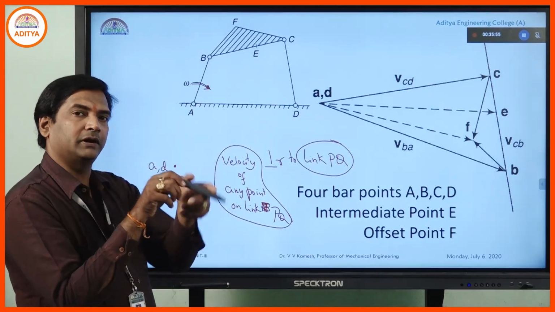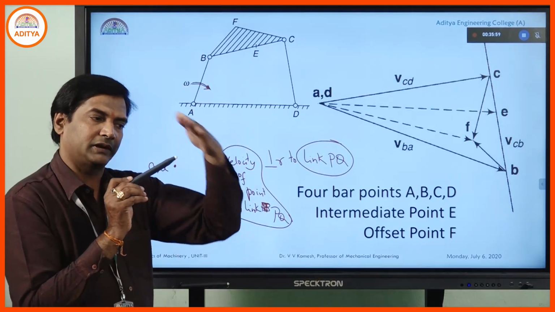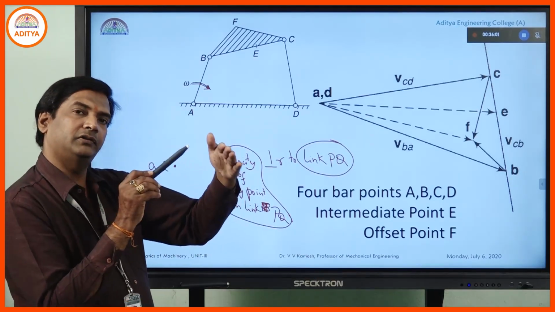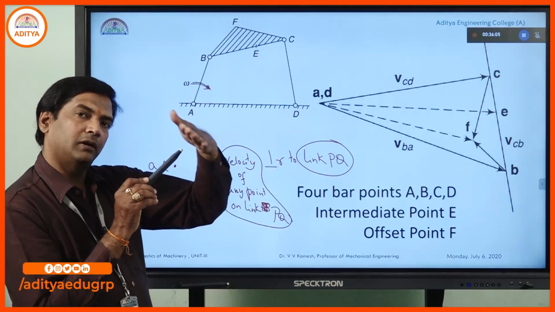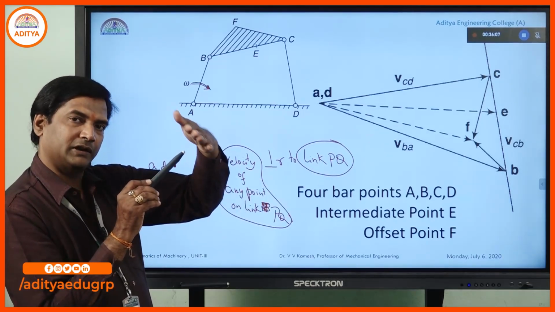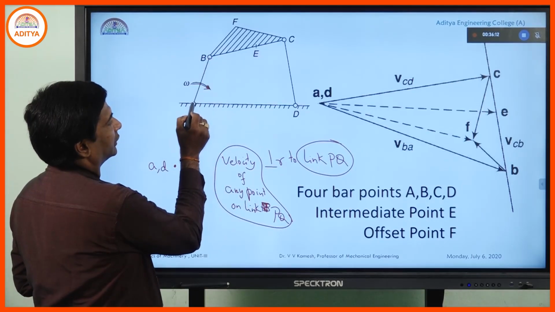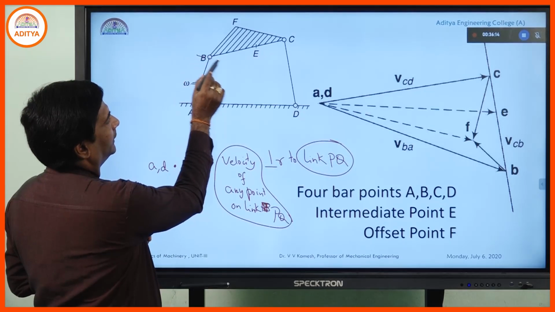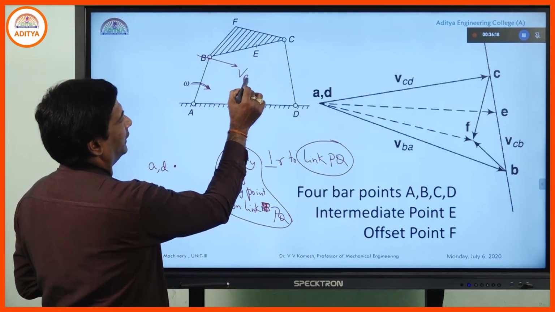So, it is rotating in the clockwise direction. Then how will the velocity be? In this direction. When the link is like this, the velocity will be perpendicular to the link. That means in this direction, right? Now, the velocity of B with respect to A will always be perpendicular like this. That means V_BA,